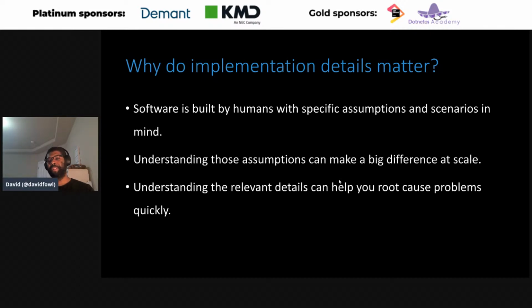So understanding those details helps you take advantage of the subsystem. If you understand how the GC works, you can use it better. If you understand how the thread pool works, you may be able to use it better. Also, those details help you root cause issues as well. So if you're in a bind or things aren't working well, it may help if you understood how the system worked, so you can pinpoint where you should look next, right?